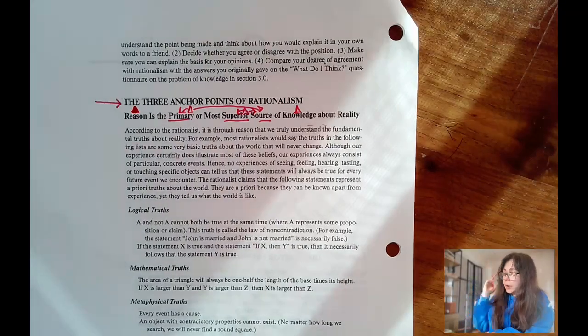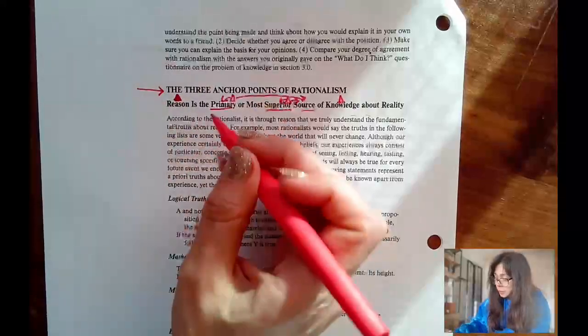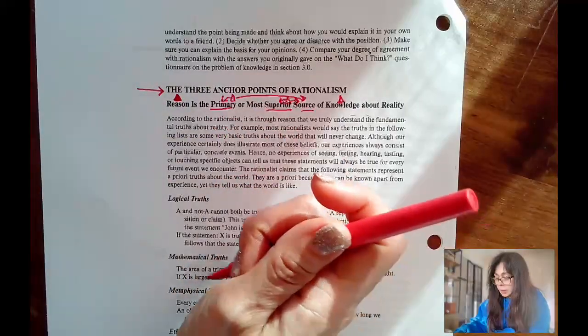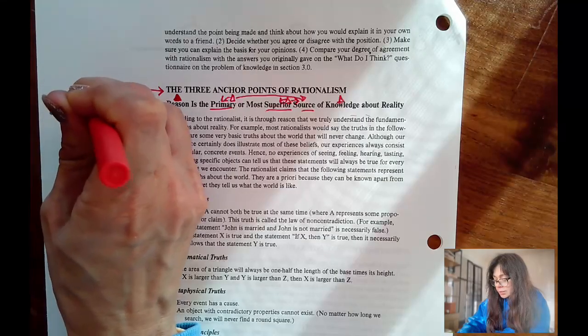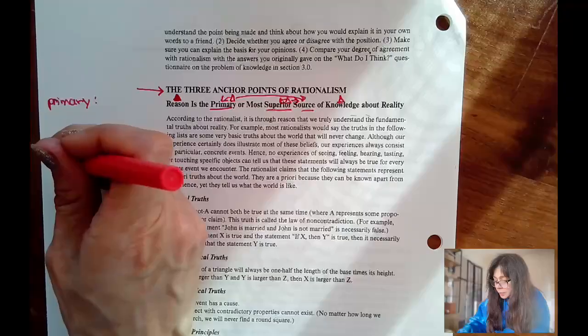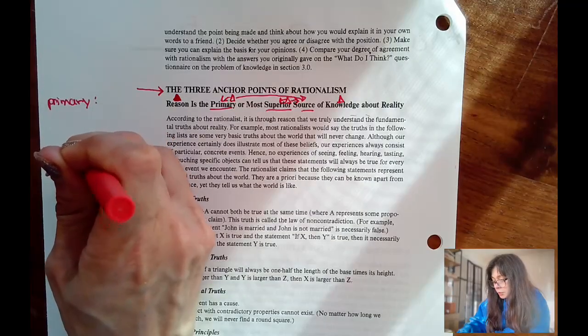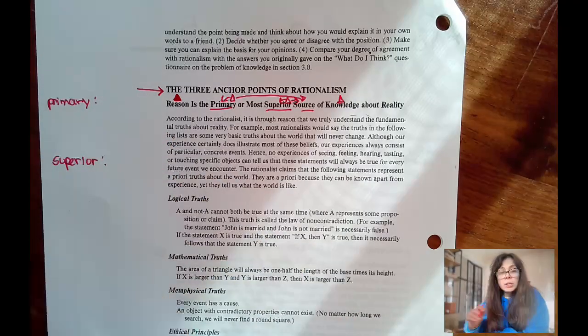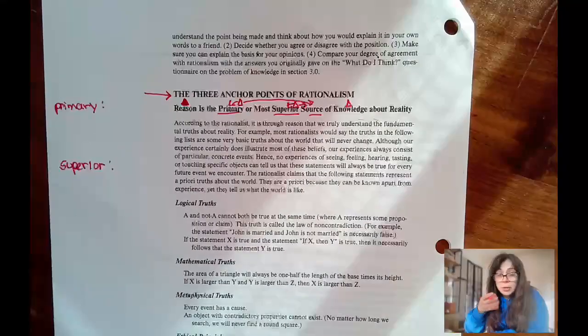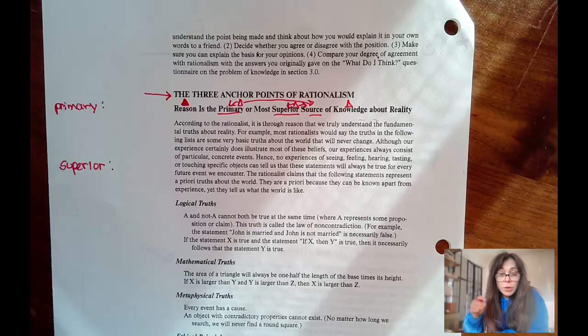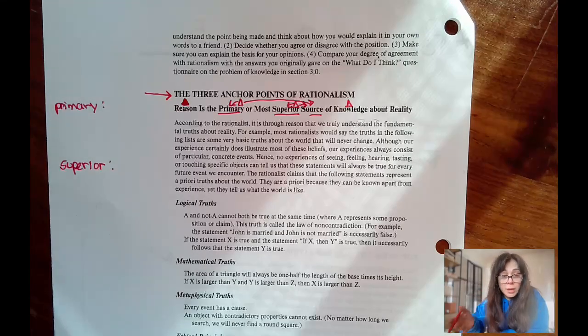Okay, so what I would like for you to do is pick one of these words, either primary or superior. You're going to give me a definition based on some criteria that I give you. You don't have to do it for both, just do it for one. So you're going to do some research. You're going to go into a dictionary. If you want to use ChatGPT or AI, you can, but what it gives you has to come from a dictionary. So I'm going to need a dictionary citation that I will check to make sure that you actually got this from an official dictionary.